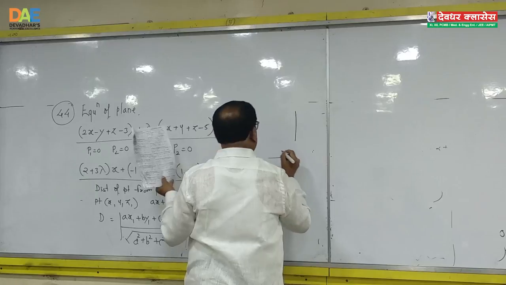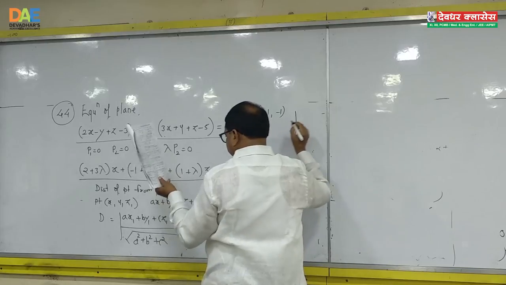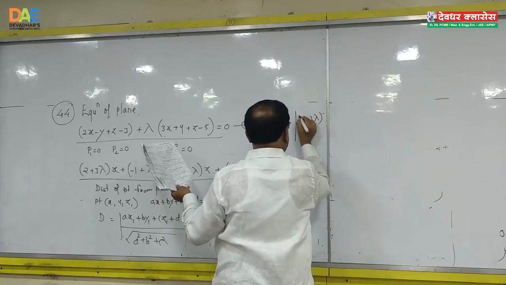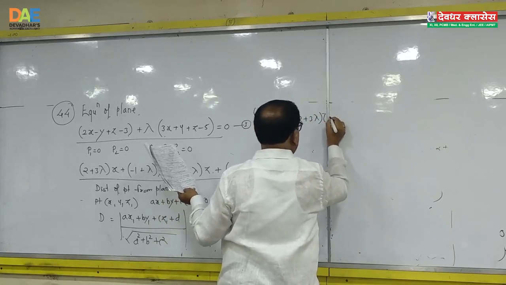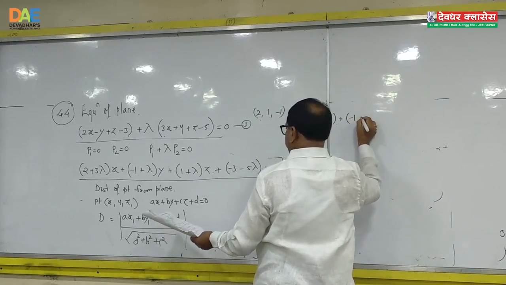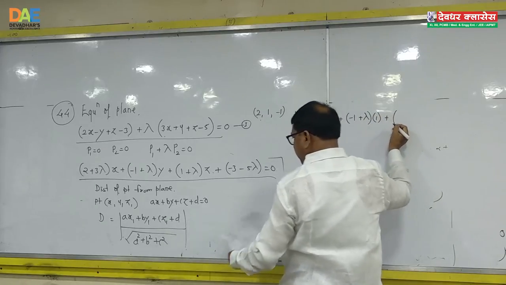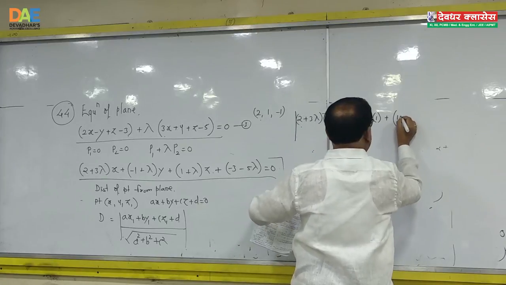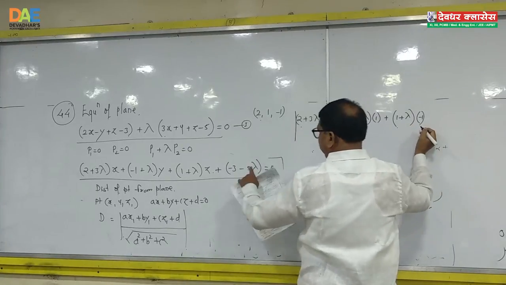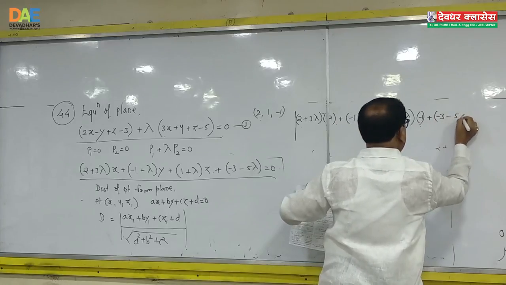Say the given point is (2, 1, -1). It is a point. Therefore, the distance is |(2 + 3λ)·2 + (-1 + λ)·1 + (1 + λ)·(-1) + (-3 - 5λ)| upon the root of